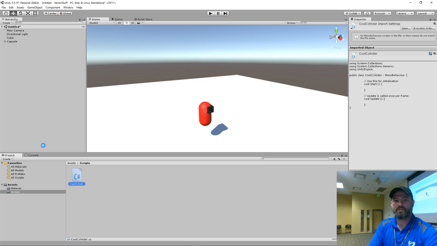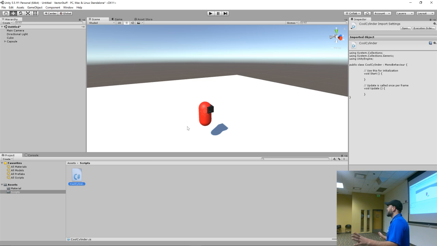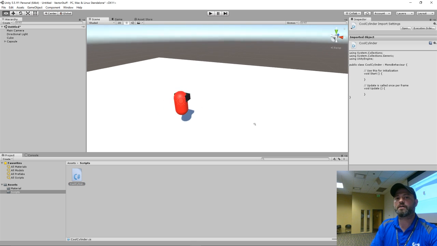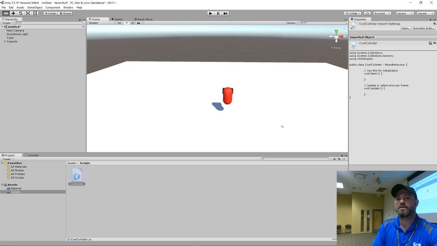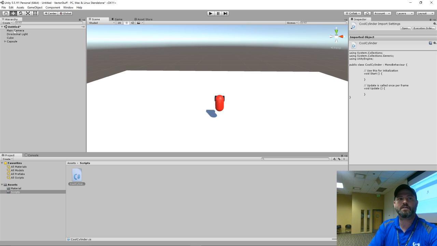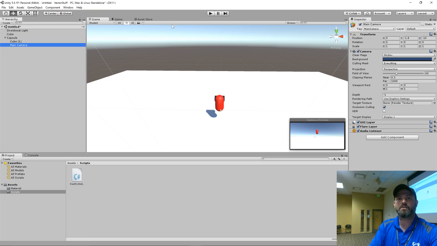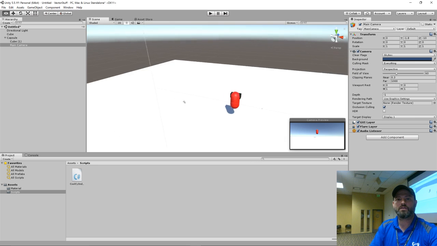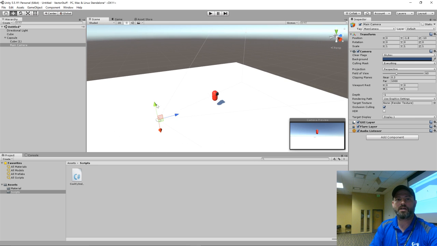Okay, so we started with an empty project. We started with nothing in this project, and we're going to move this guy in third person. One of the things I'm going to do first, so we have the camera, I'm not going to write special camera code for this. I might write it, but for right now, just so we can see this happening, I'm just going to parent the main camera to this guy. And when I do so, I'm going to bring it up a little bit, and I'm going to rotate it down a little bit.